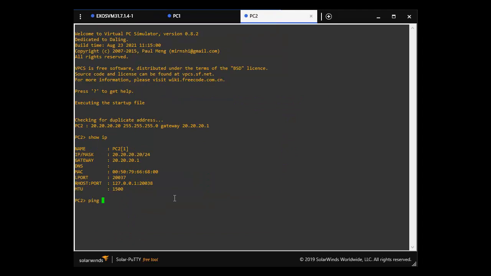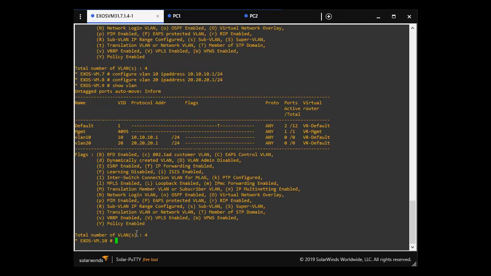I'll just prove this by trying to ping 10.10.10.10. And this should fail, it's not reachable, so I need to go back to my switch and configure IP forwarding on the VLANs. So we enable IP forwarding,